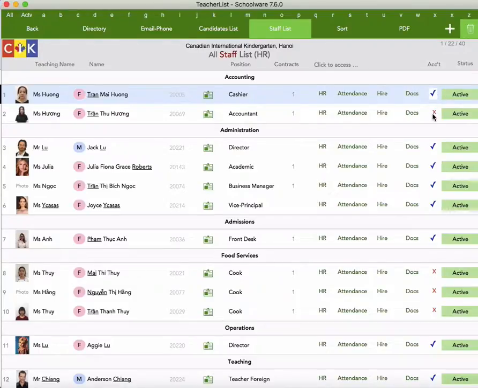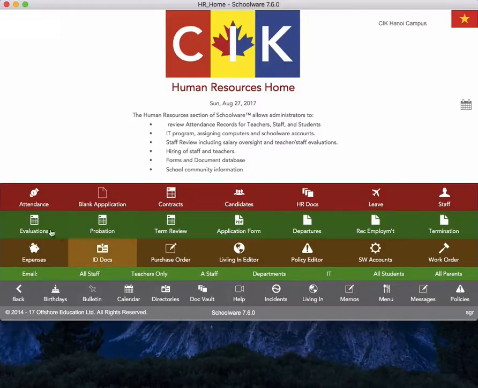This person does not. Often, a number of the staff do not need a schoolware account because they're not accessing any computer information. Okay. Down in this row, we have the human resources forms. Evaluations are for teachers only,